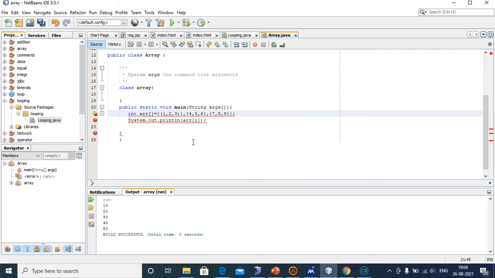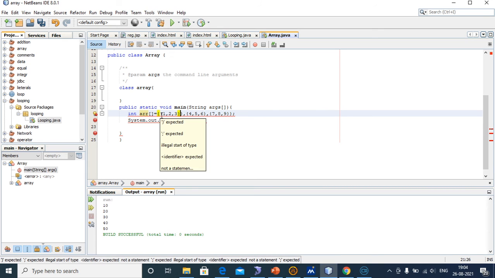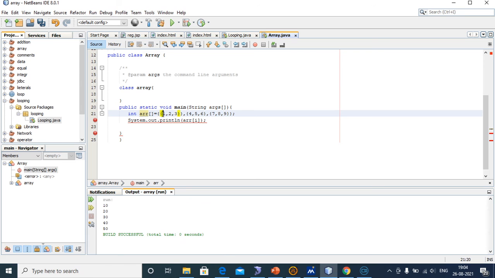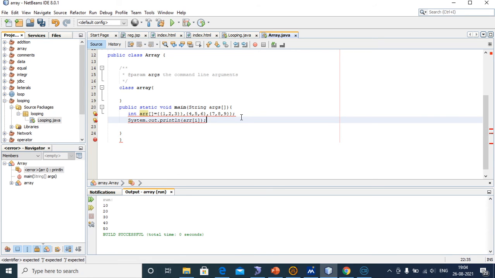Okay, now I initiate the array, the 2-dimensional array.